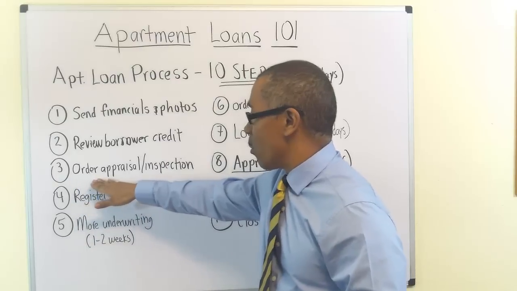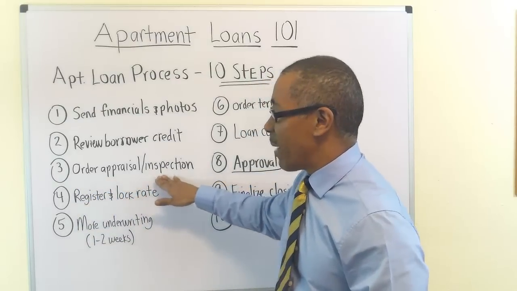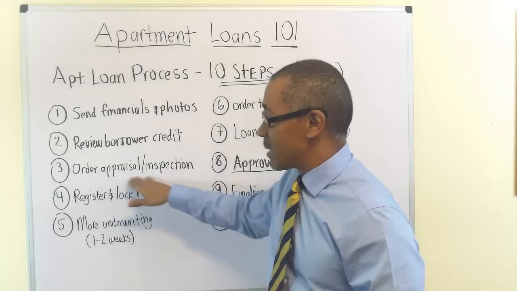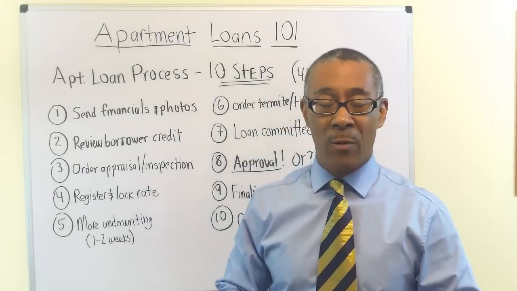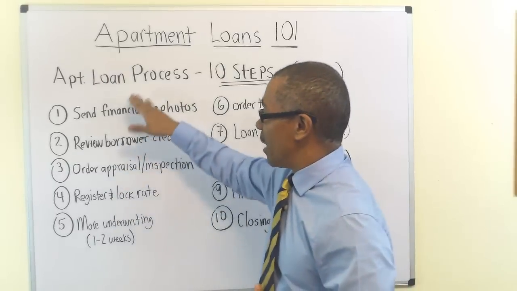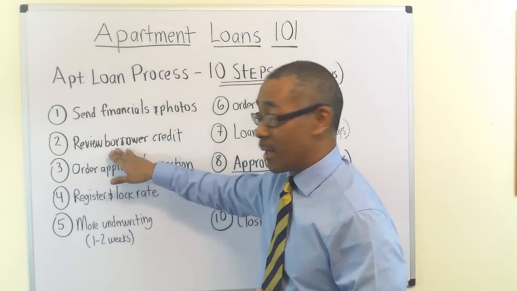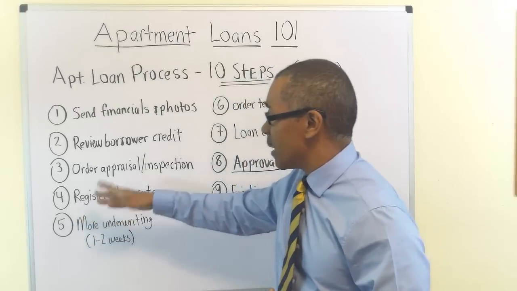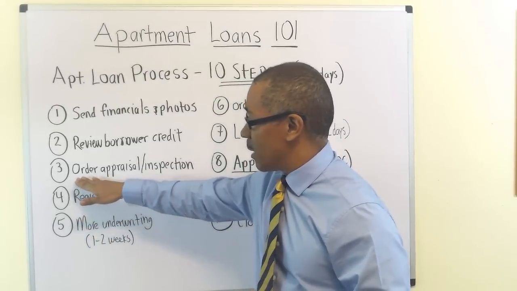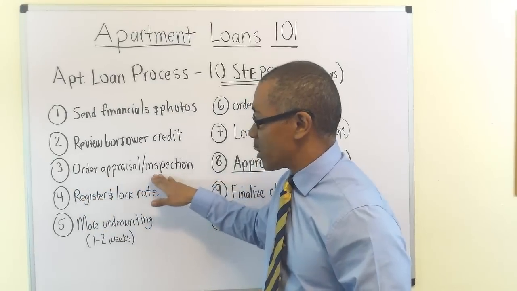Step number three, they're going to order the appraisal and inspection. During this step, they will also review with you what some of your loan options are and what's available today based upon these first two things. So step three, on the inspection: